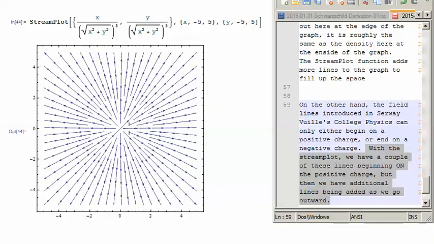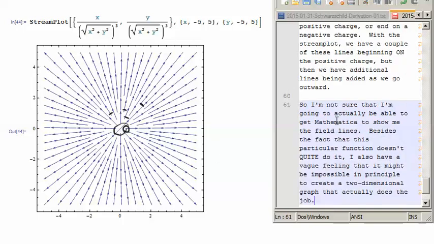With the stream plot, we have a couple of these lines coming out of the actual charge, but then we have additional lines being added as we go out, coming out, say, from here, and then here's one, here's one, here's one, here's one. So I'm not sure that I'm going to actually be able to get Mathematica to show me the field lines. I can get a stream plot, which does a nice job with the tangents, but